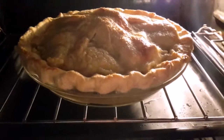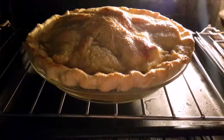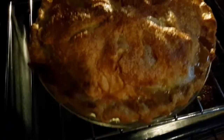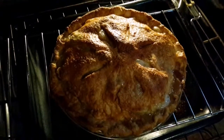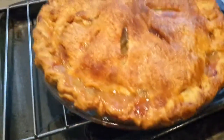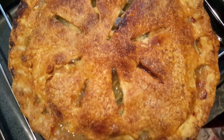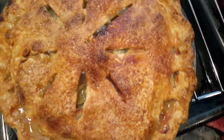So here it's been already 15 minutes. Now we're gonna lower the temperature to 370 Fahrenheit for about an hour and a half. And the reason you know when it's done is when the crust underneath is brown. That's when you know. Now, this has baked, looks so delicious, but do not cut into it for at least